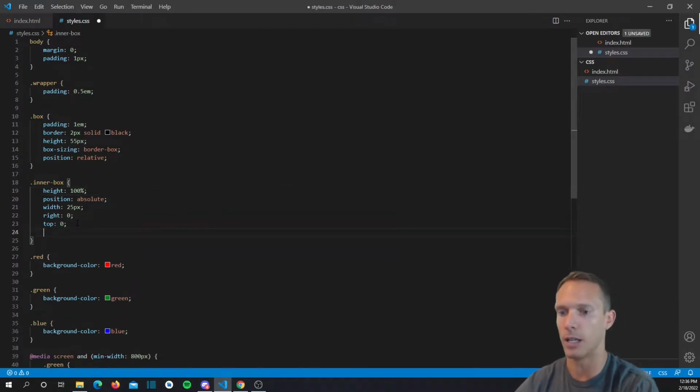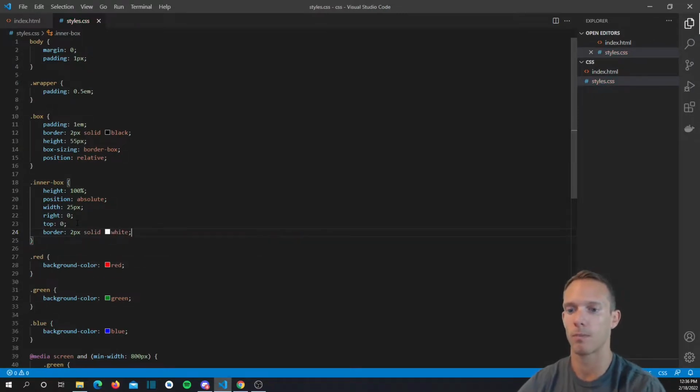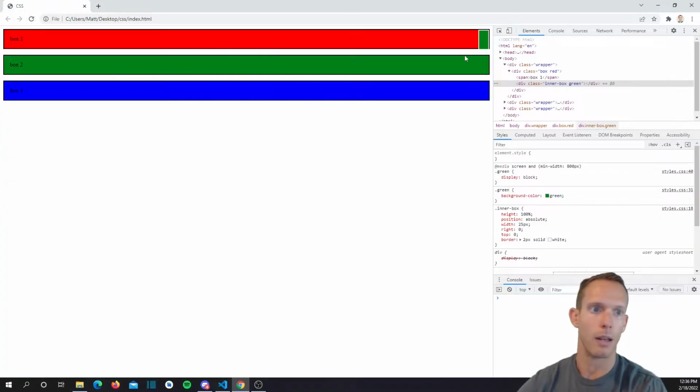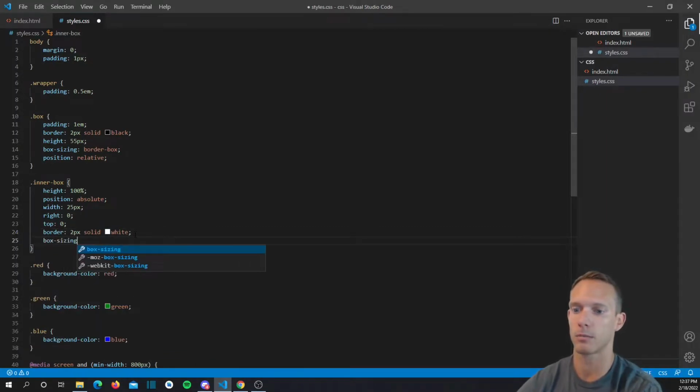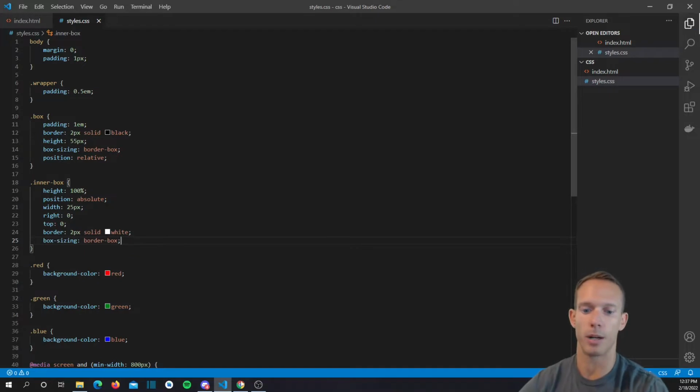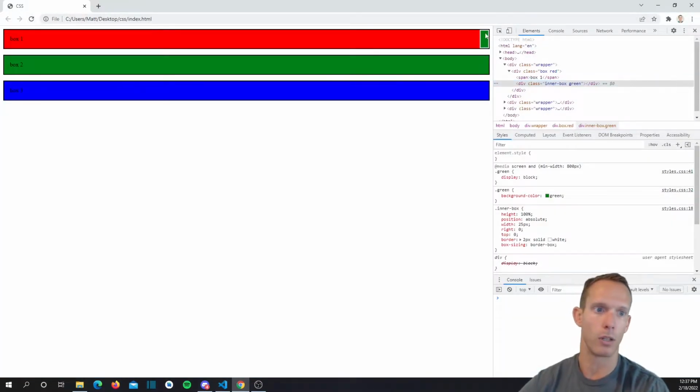this inner box, we wanted to give it a border of also 2px solid white. All right. Now all of a sudden this looks kind of like garbage, right? Because we have height 100%, we have this inner border here. But the problem is that the height is 100%, but it's the content's height that is 100%. So what do we need? Border box once again. So we have our box sizing, border box. Now when we reload this, we can see how we get this little effect